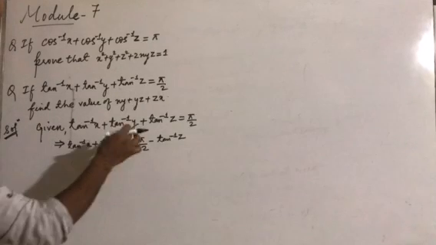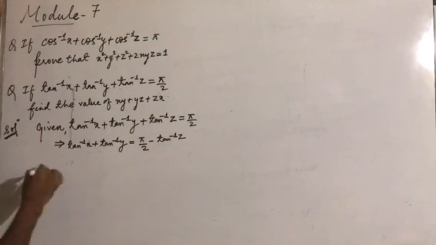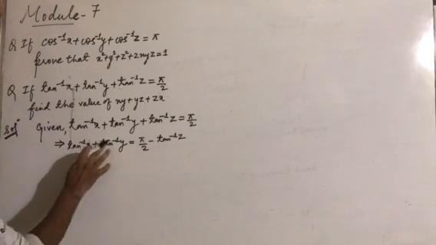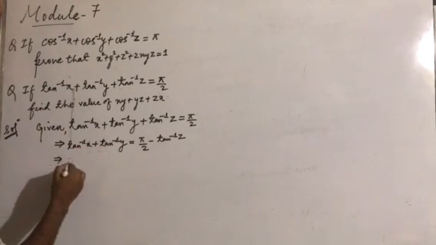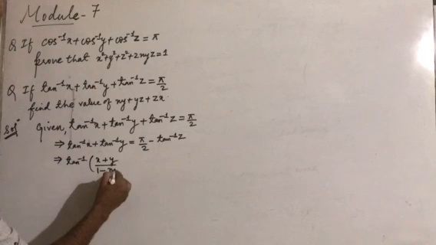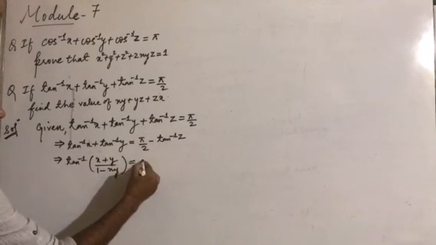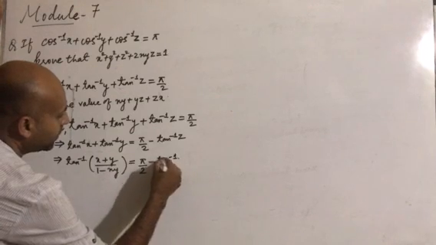Now, as this function has the result pi by 2, definitely the product xy will be less than 1. So here I can apply the formula of tan inverse x plus tan inverse y with xy less than 1. So the formula for that will be equal to what? Tell me. Tan inverse of x plus y, whole divided by 1 minus xy, is equal to pi by 2 minus tan inverse of z.